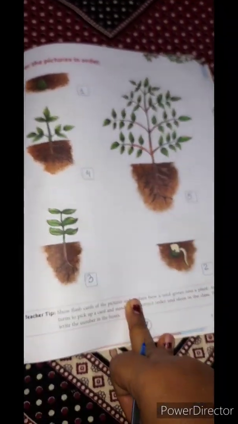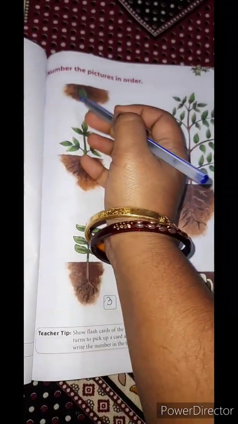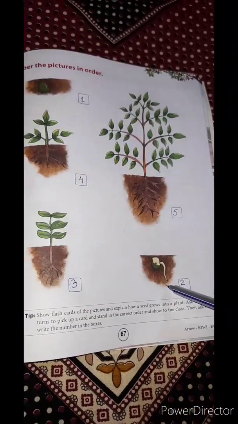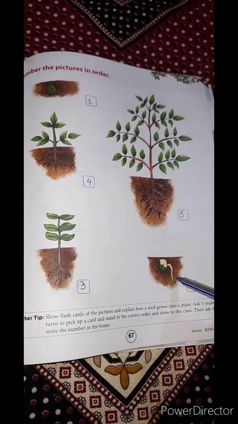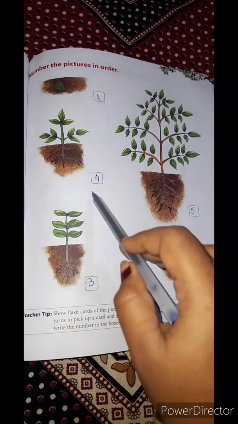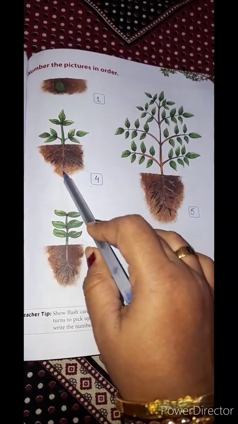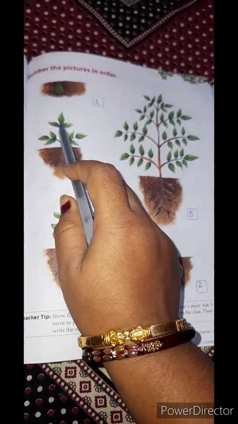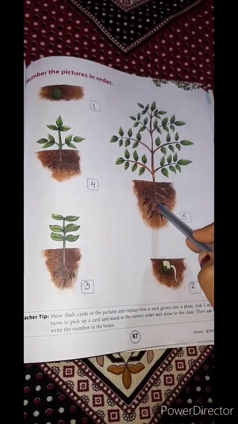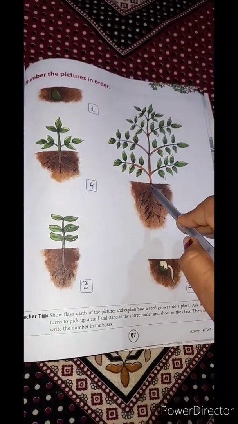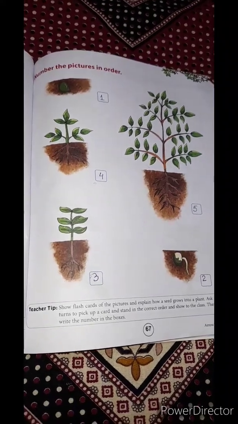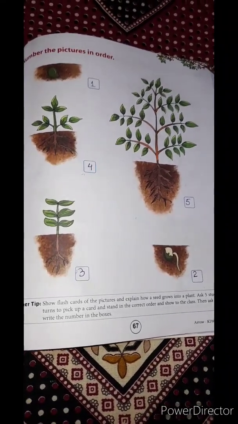So how does a plant grow? First we put a seed into the soil. Then after putting the seed, it germinates. Then it forms roots and grows slowly. Next, after getting enough strength, it forms little by little. Leaves grow on the tree, and fifth and last, it forms a full phase plant. So with proper care and nourishment, with water and proper sunlight, the plant grows.